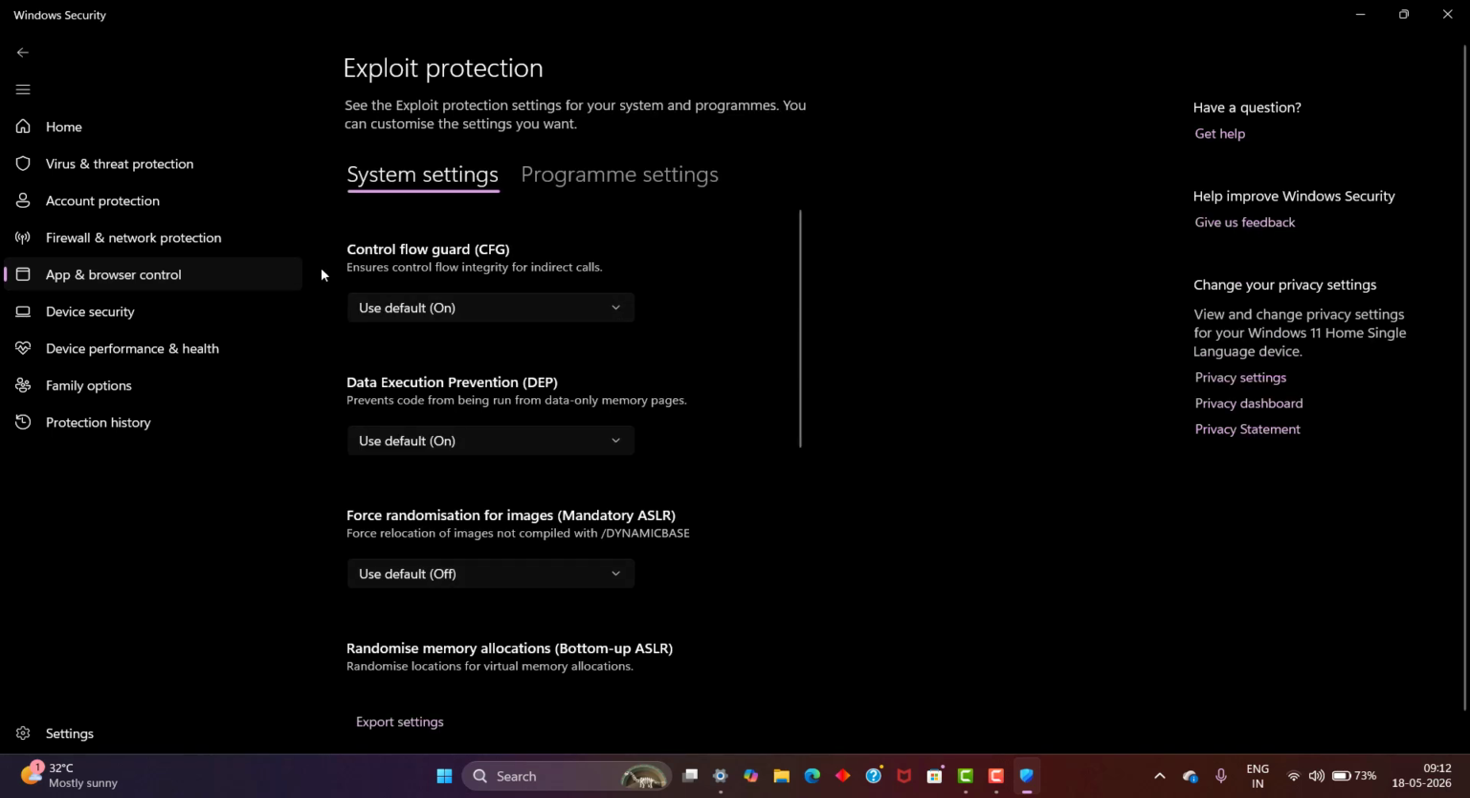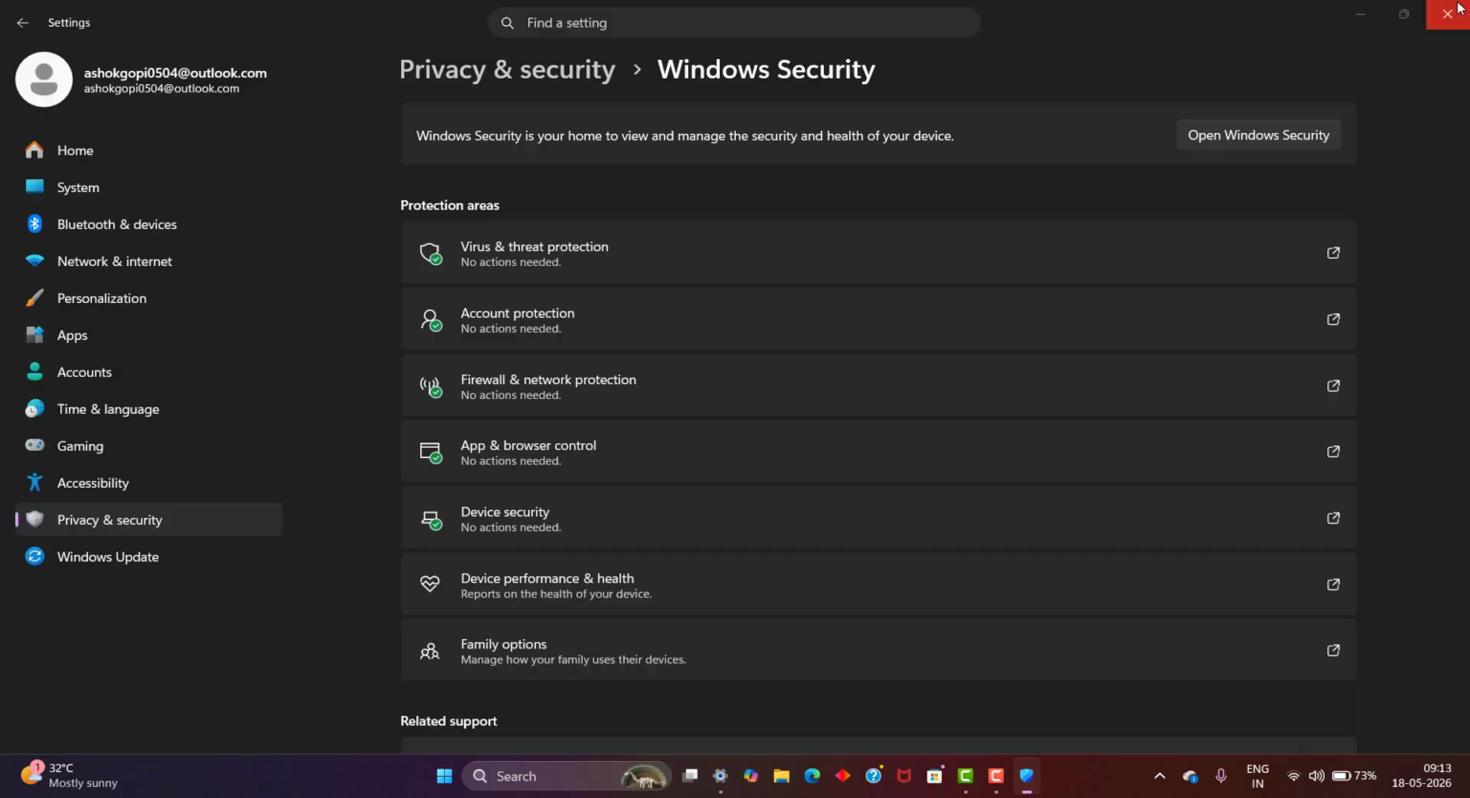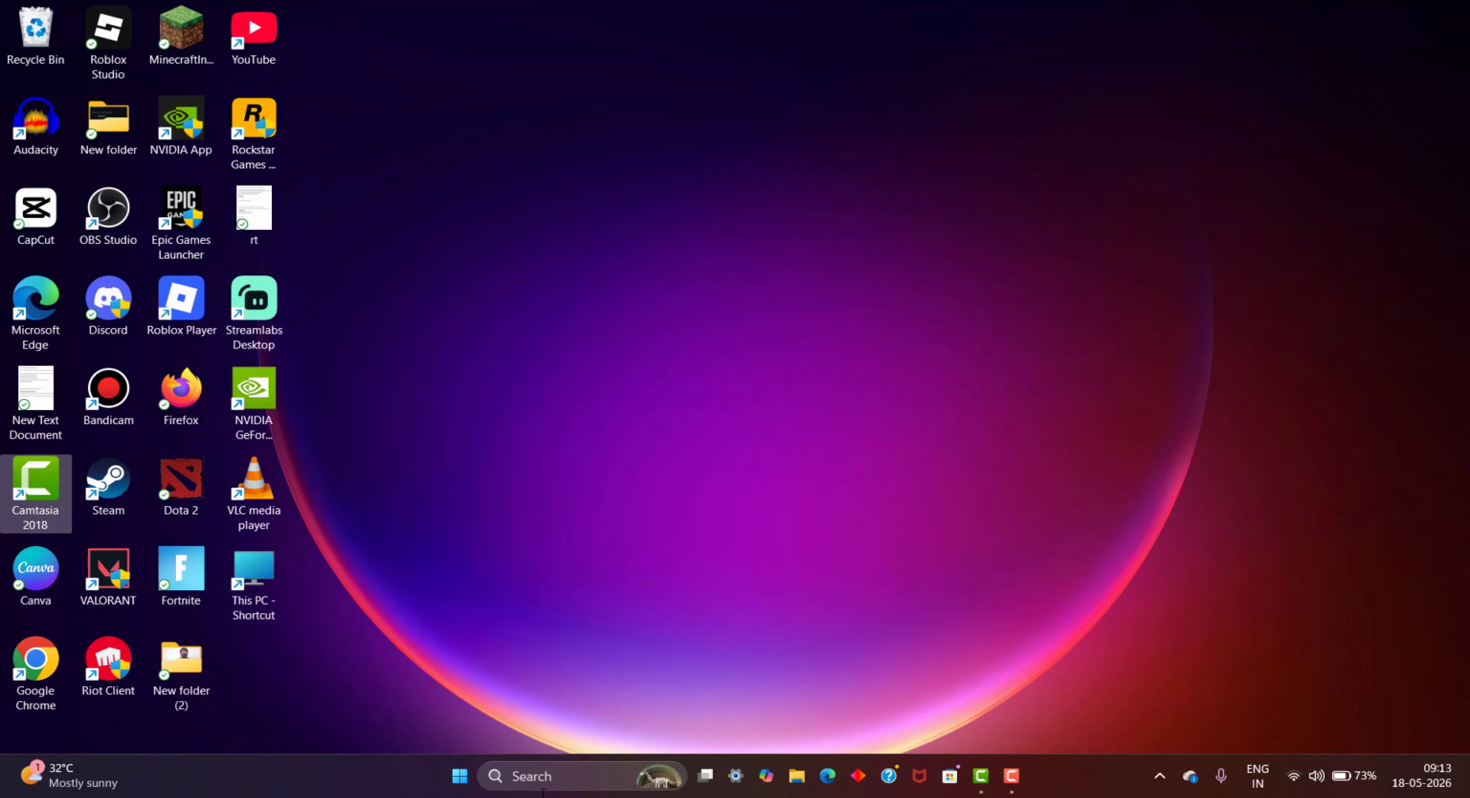option, CFG control flow guard. It should be turned on. Use default on is the important setting. So if it's off, you need to turn it on. Once turned on, you need to come back and search for run